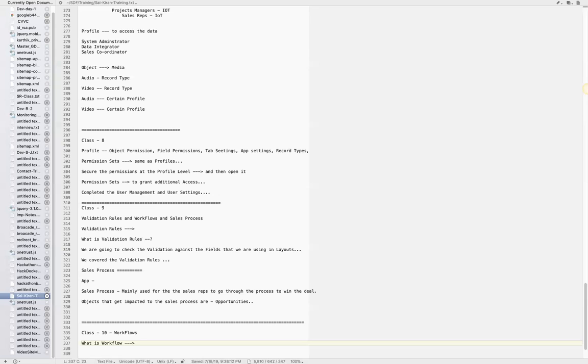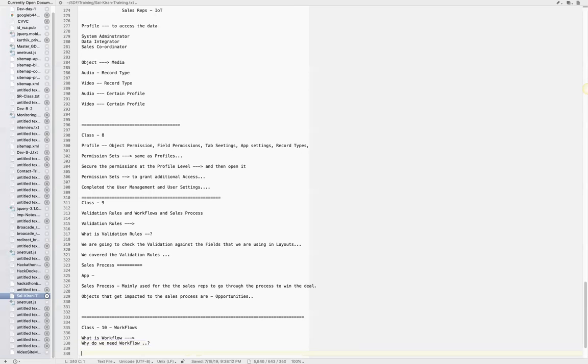It's switching from the initial stage, the qualifications, to the value propositions, until the deal is won, or closing the deal. It's going through several stages, right? Similarly, you have to have the workflow, and that needs to be progressed. So that is the workflow. And in Salesforce, we know what workflow is, why we need it, what the purpose of the workflow is, and what the workflow can do. So workflow needs to have some